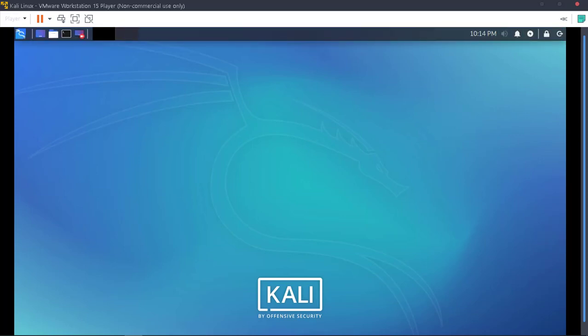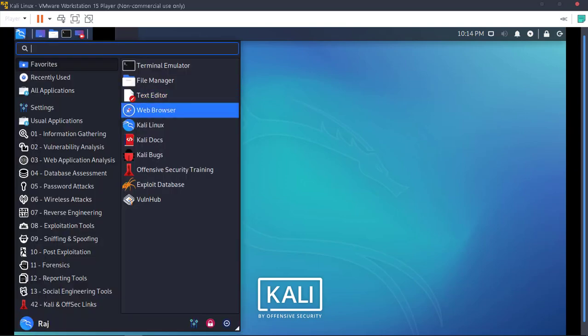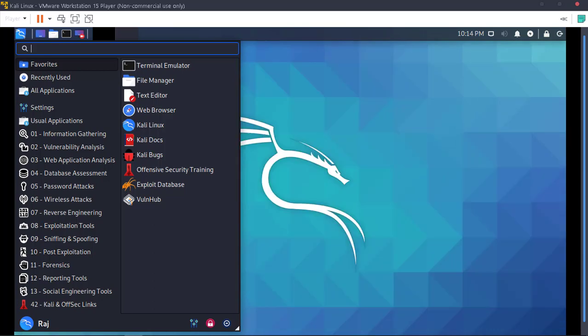That's how simple it is, guys. You have all applications and key features right in the virtual machine, so no need for a separate installation and a separate hard disk. You can just go ahead and install it onto your virtual machine and run all the commands and the applications right from the virtual machine. So do check out this great operating system right on your virtual machine and make sure you are using it for legal purposes.